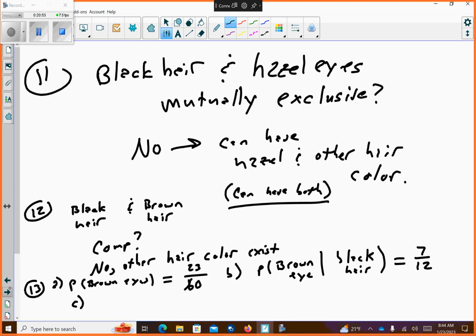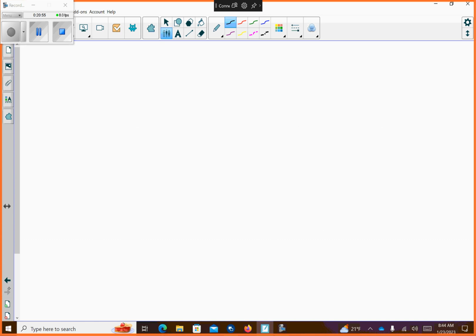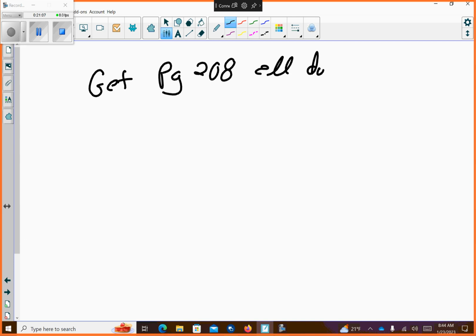Okay? So I want to give you guys the rest of the period to get page 208 all done. It looks like it goes from number 14. The numbering's weird on page 208, so just get the whole rest of that page 208 done. Deal? And we'll turn that in tomorrow. Being that you're here today, I'm going to